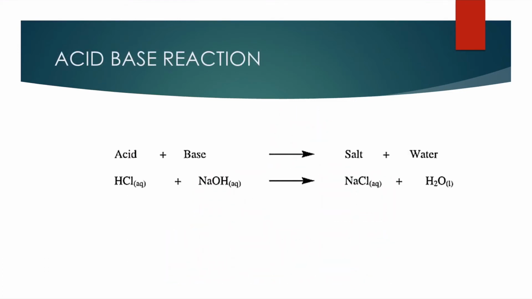Let's look at the first, soluble salts. Soluble salts can be prepared by acid base reaction. When you have acid base reaction, the reaction that you have already learned, this is called neutralization reaction. What is formed? A salt is formed and water is formed. Acid base reactions are the easiest methods of producing salts in the laboratory.